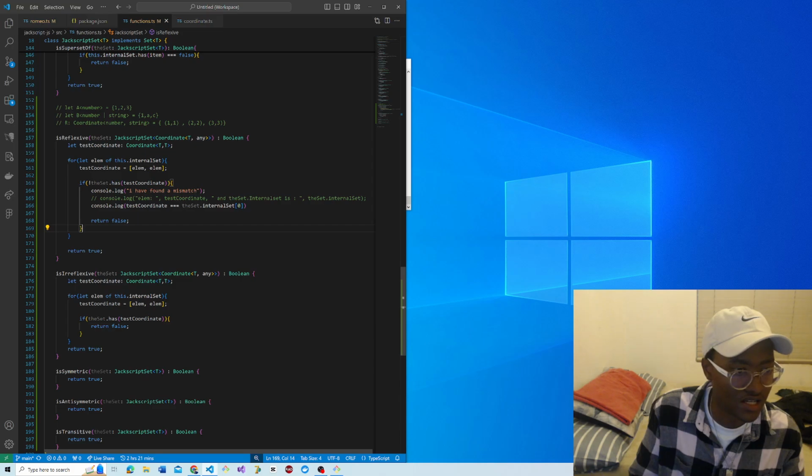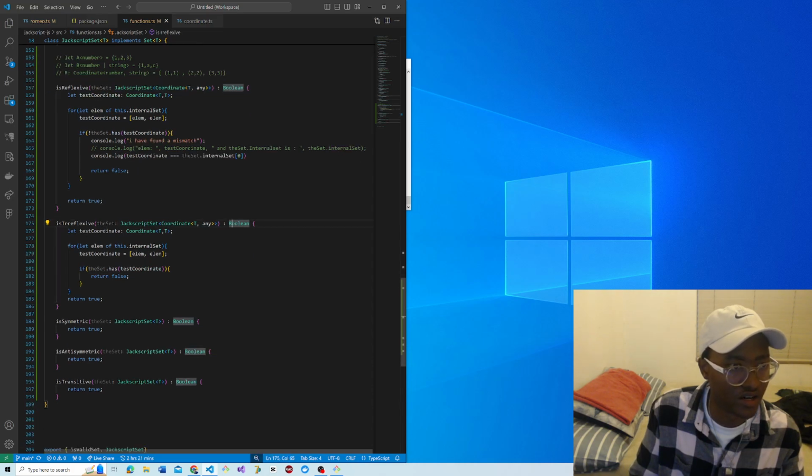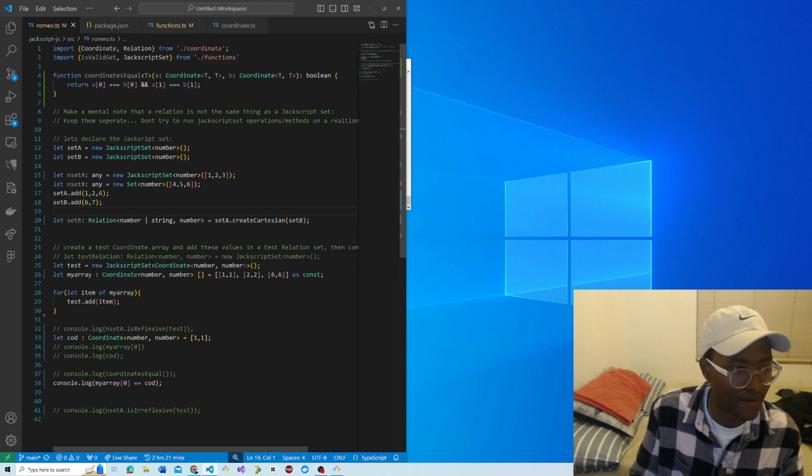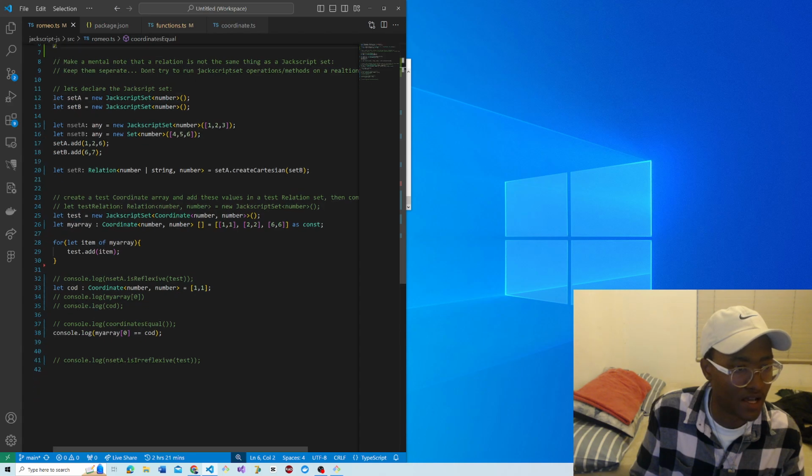As you can see, it's just the method that takes in a JackScript set and returns a boolean, right? So what I was doing is in here, and I hope you guys can see. In here, this is just my test file, called Romeo.ts. Just ignore this for now, I have a set here, set A, which is a JackScript set of a number, and then we have nSetA, a JackScript set of a number, right? And nSetA